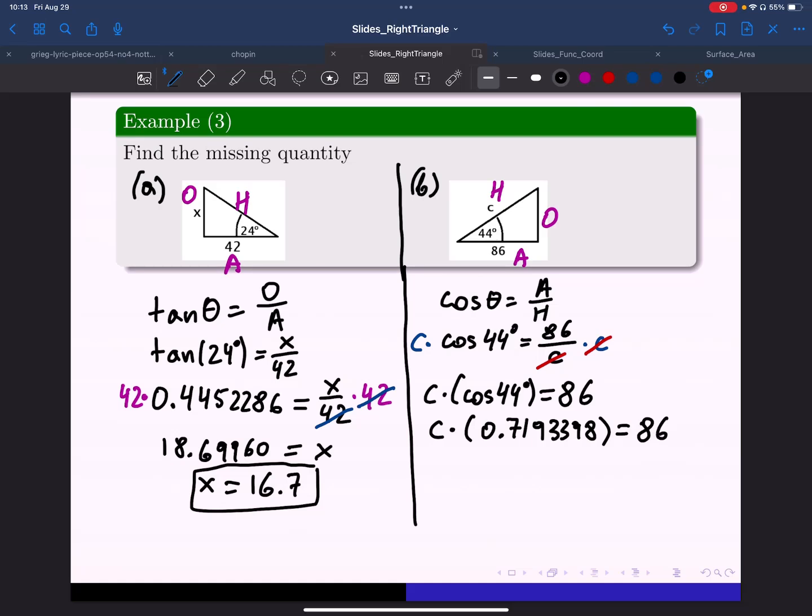So to solve it for c, we need to divide by this 0.71933998. If you keep longer decimals, your answer would be more accurate. So normally we would keep a couple of decimals until the last answer, at least 4. Try to keep it. So if we type this on calculator, we are getting that c is equal to